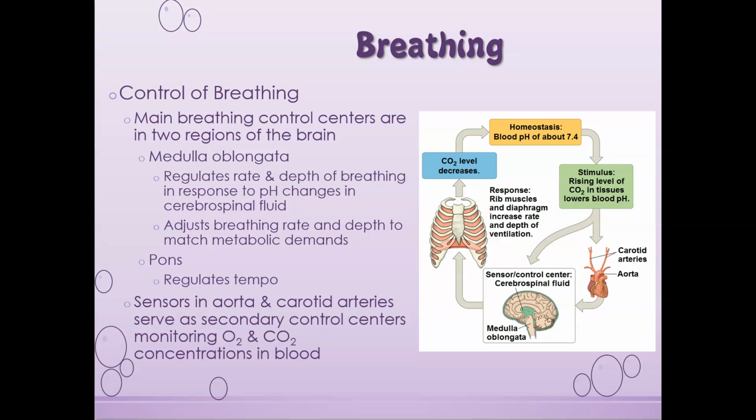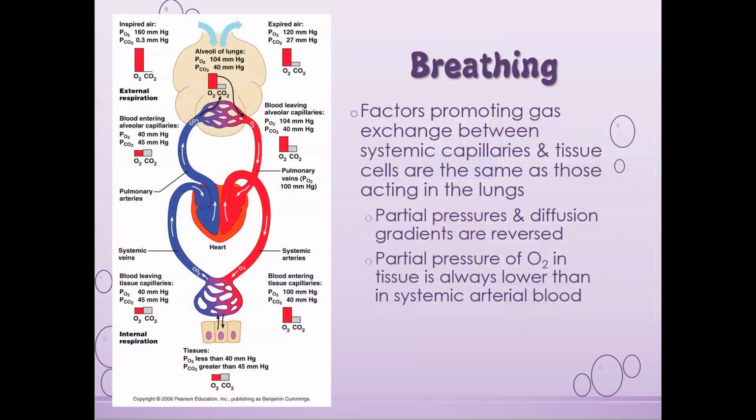Now you've got sensors or cells whose job it is to watch these levels as secondary control centers in your carotid arteries, which go up through your neck, as well as in your aorta. All right, so you've really got two major pieces watching to make sure that your blood pH is staying in check, because that blood pH is connected to your CO2 levels, which in turn are then connected to your oxygen levels. So you've got certain factors that are promoting that gas exchange between your systemic capillaries and your tissues,